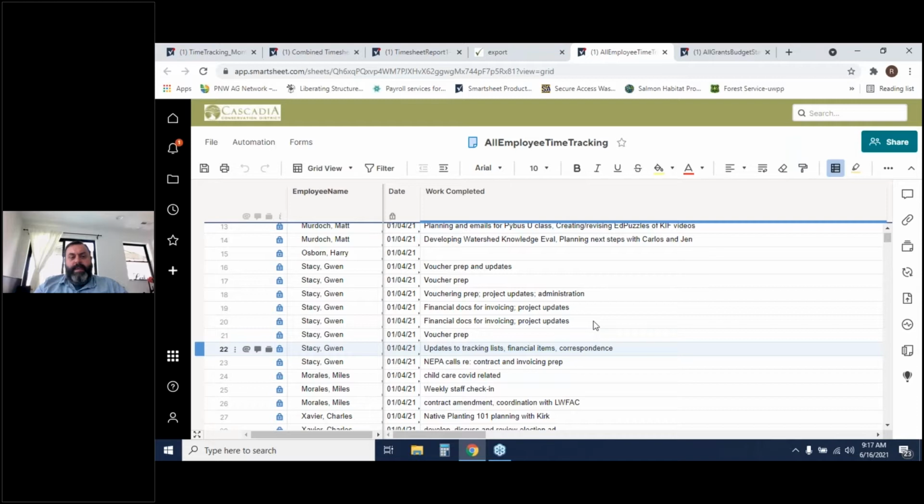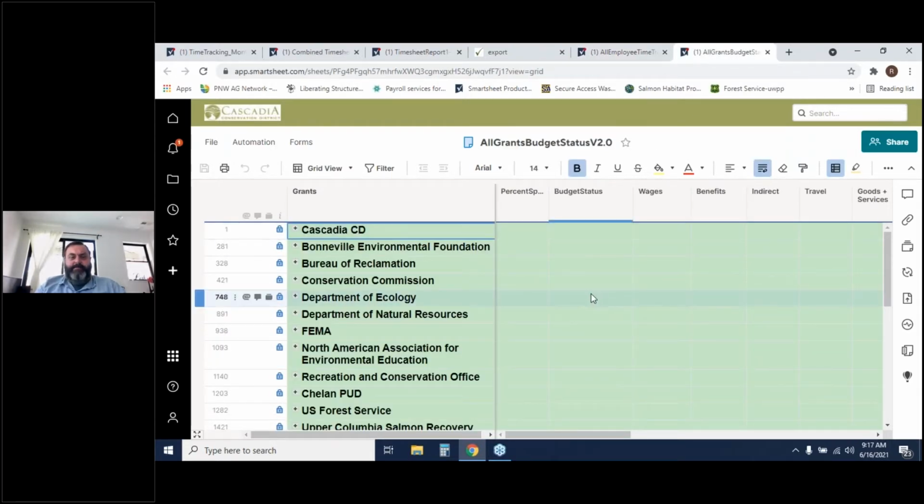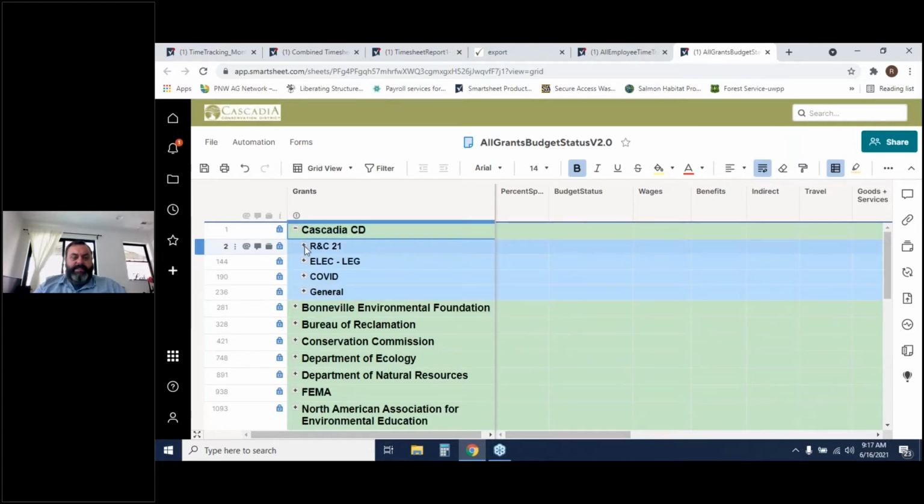So we had this part, and then the other side of it is the cash expenses. That's an easy thing. You just pull it out of your financial software like QuickBooks, you paste it in, and you assign it to the right funding sources. That takes me about half an hour a month or so. That way all our expenses are now in Smartsheet to go into this complex budget system I'd put together. There's a lot of crazy formulas in here, and I won't be able to explain them to you, but basically